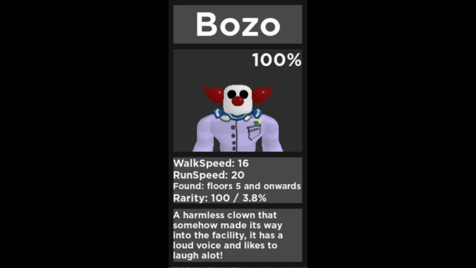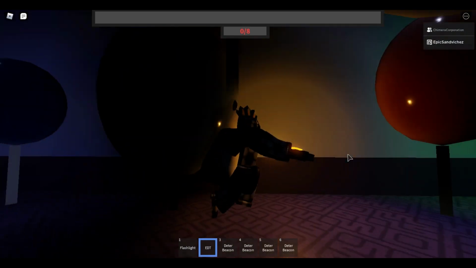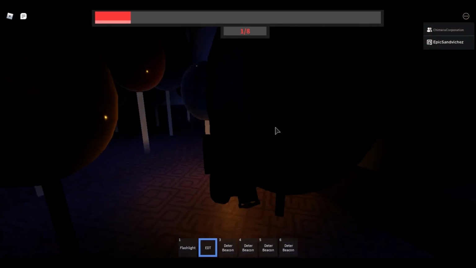The other thing to keep in mind is that the Clown will rarely spawn at all because it only has a rarity of 100. Of course, there is an exception to this rule. There's a map called Balloon House that only spawns rarely on floors 10+. If you happen to get this map, you will have a pretty difficult time as the only entities on this